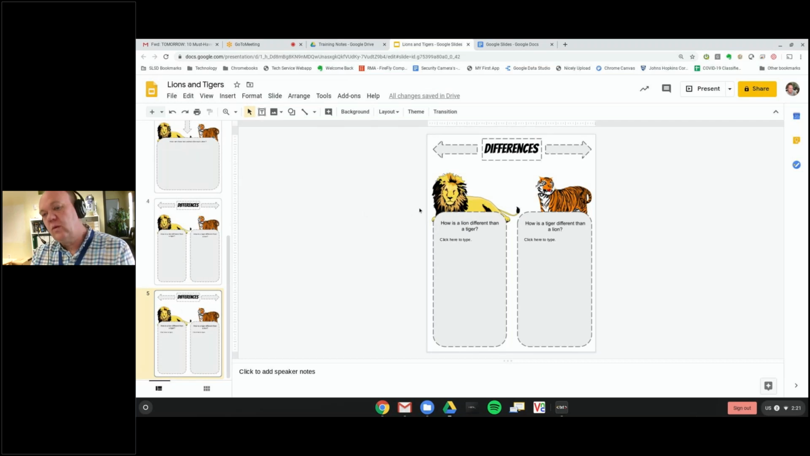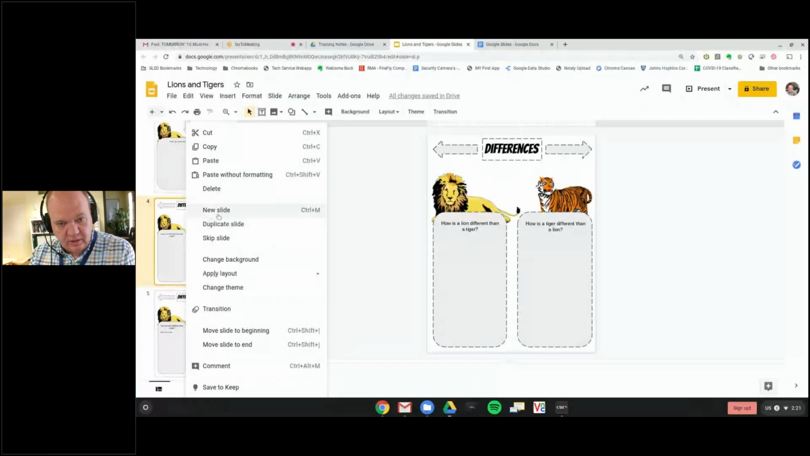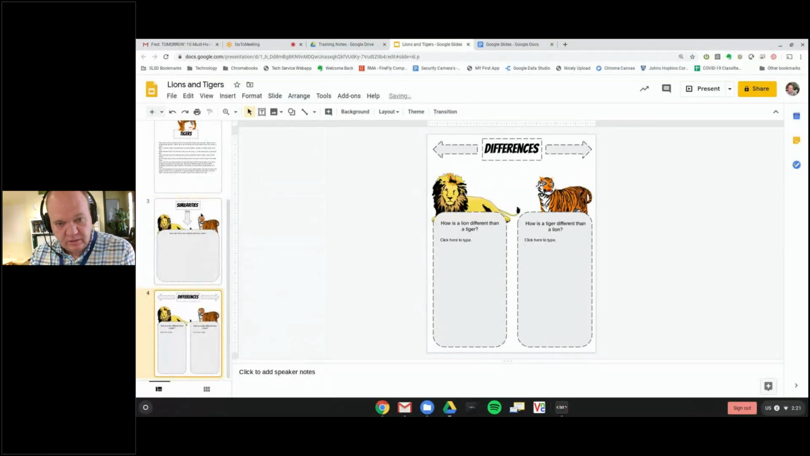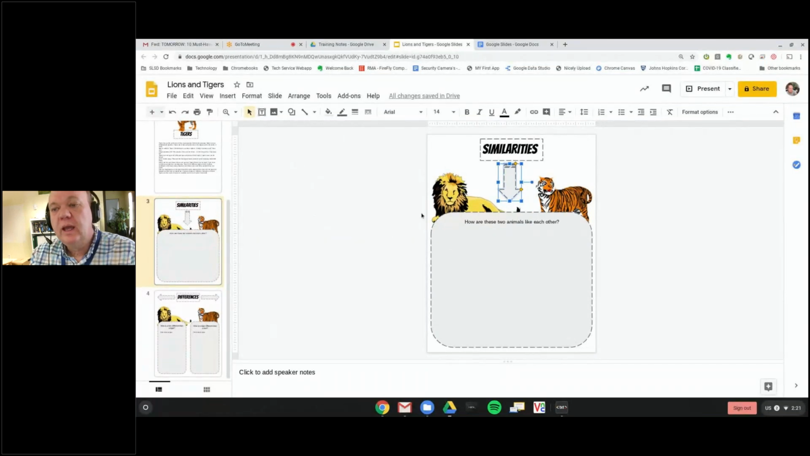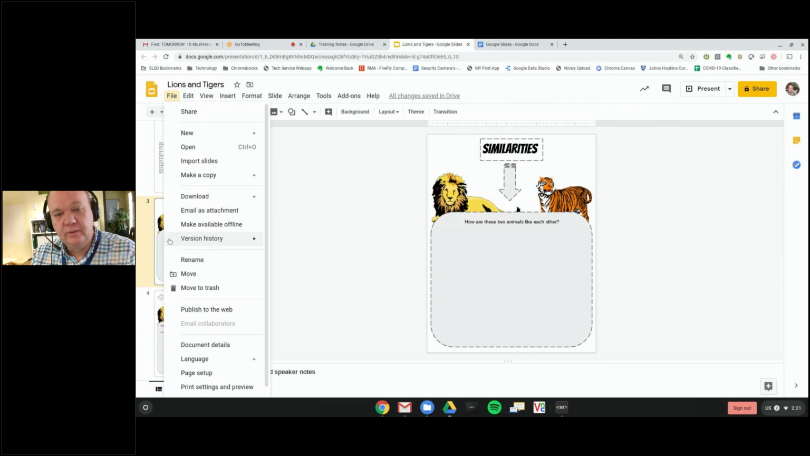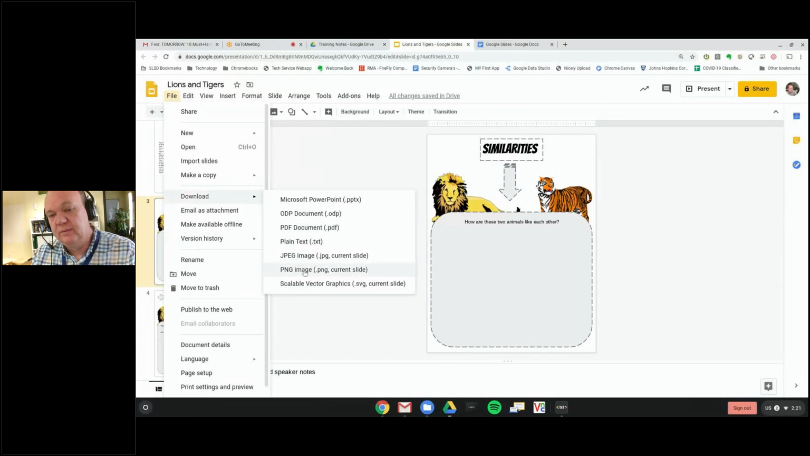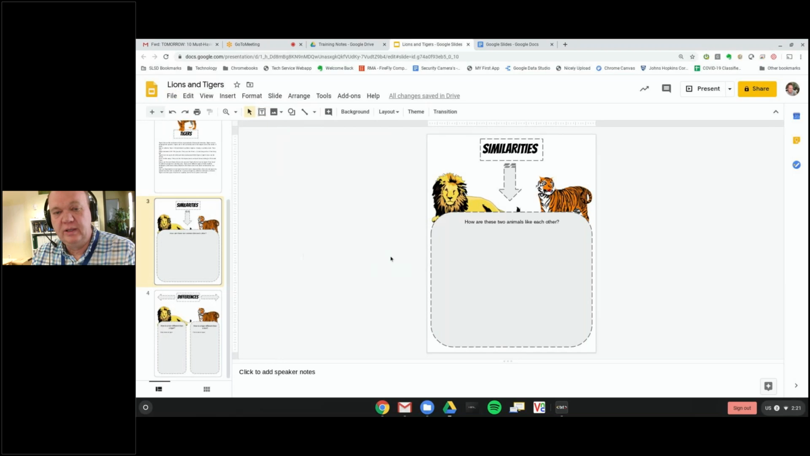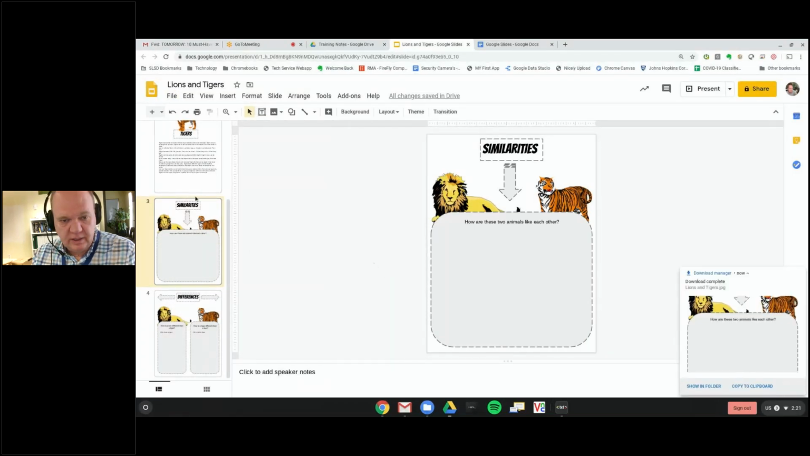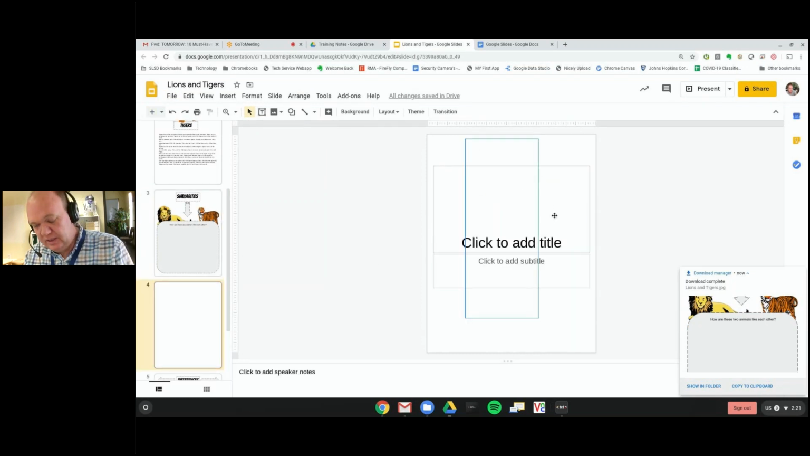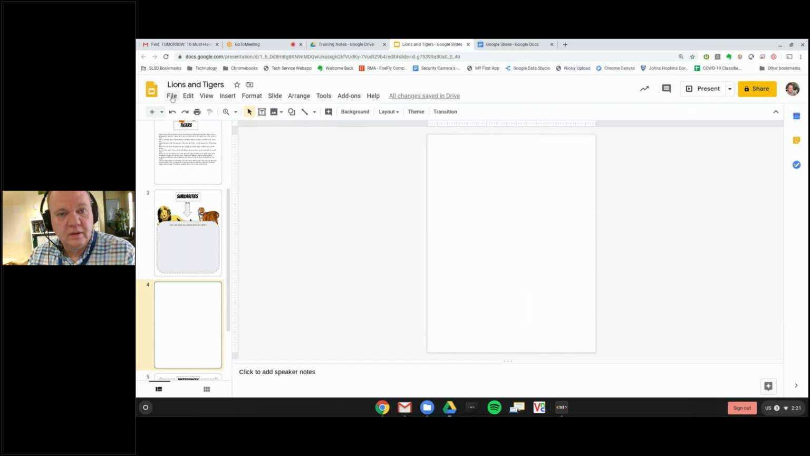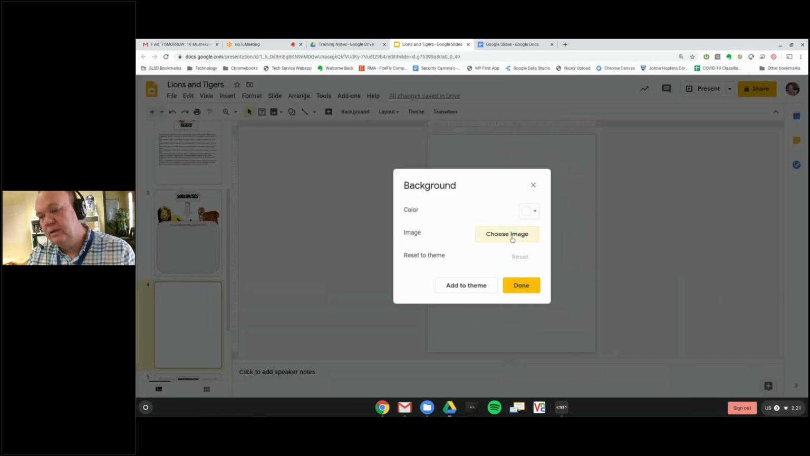All right, so I'm going to delete this original, and I'm going to go to this one. This one still hasn't been converted, so I'm going to do that again. And I'm going to go to my file menu, download PNG. Let's do JPEG this time, just to compare them. Why not? I'm going to create a new slide, get rid of the stuff I don't want, and go to the background, choose image,